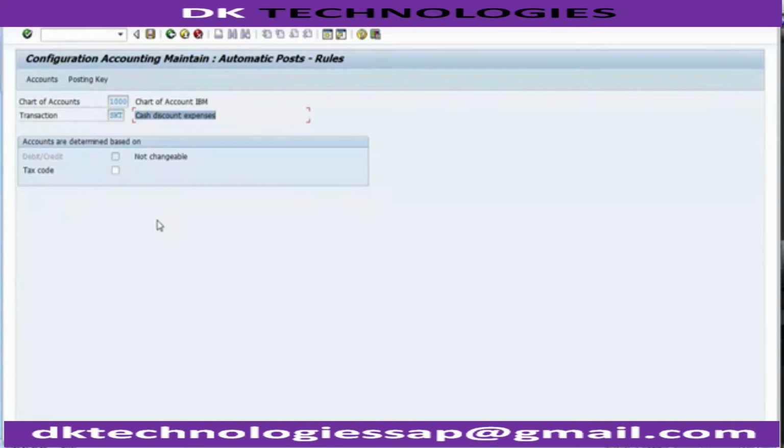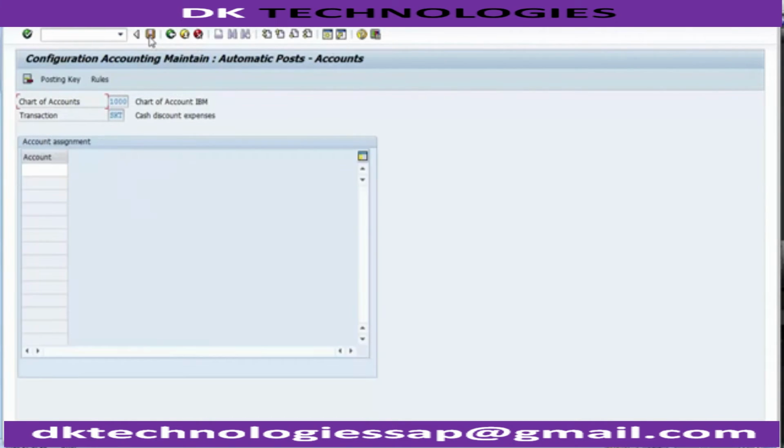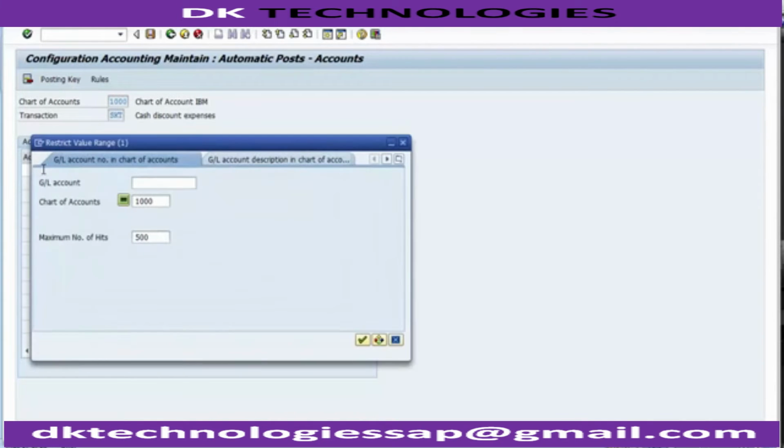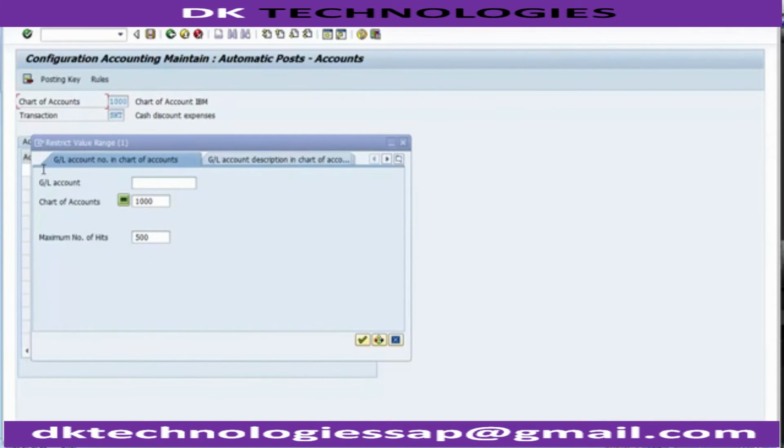SKT transaction basically means the cash discount expense. Now in this I need to assign the account, so I need to go and click on this accounts. Okay, save the rules first, so you need to save it over here, and you can see the option has changed. Now you can assign the account over here. So now in this we need to select the account, so for that I will be pressing F4 on the keyboard,